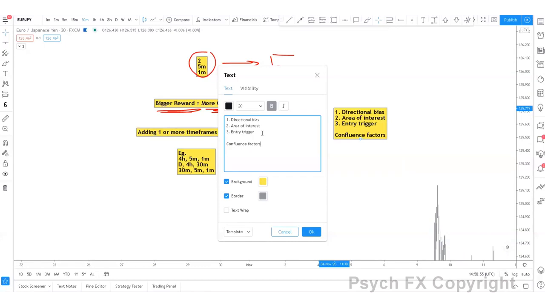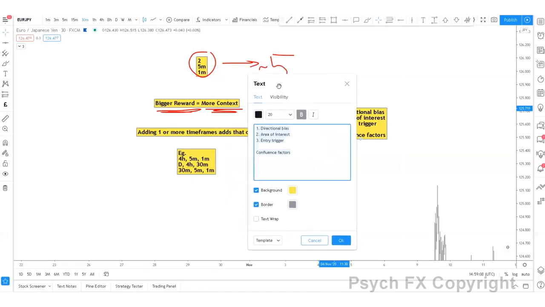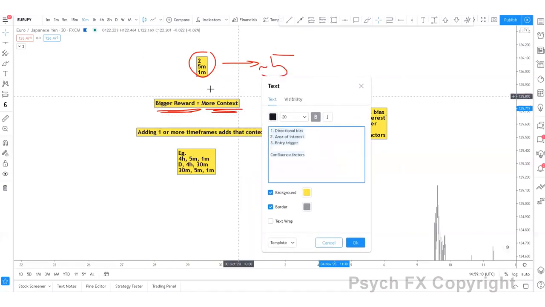That's the end of this part, very short. In the next one, we are going to be discussing the core setup matrix and how you can use those multiple timeframes to build a bigger picture, ultimately get more context, and leave us open to getting those bigger risk reward setups. So look forward to seeing you on that one, and I'll see you soon.